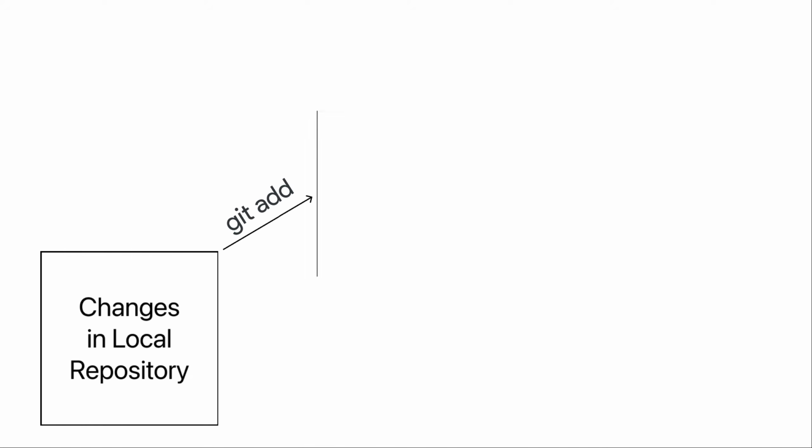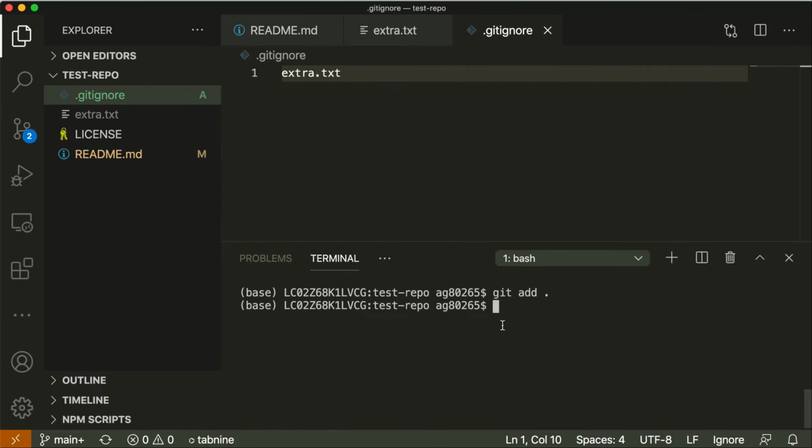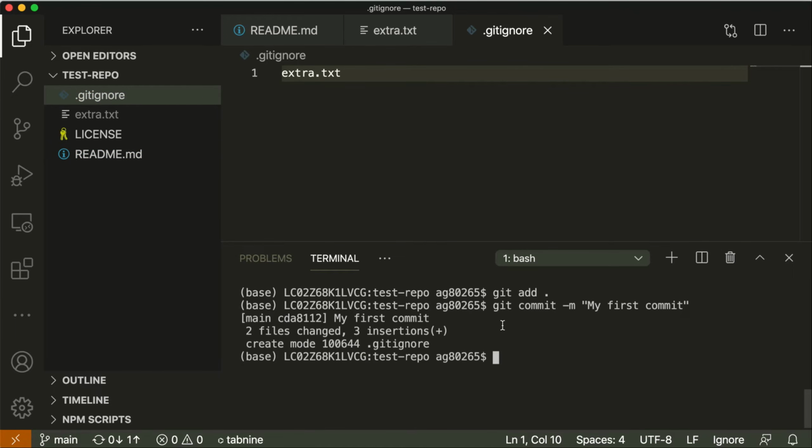Now git commit is the command which takes the snapshot of the data that is going to be pushed. It means it is making the changes ready which are going to be pushed. You can write command git commit and -m, and you can give any commit message here. So I am giving my first commit. Now our changes are ready to be pushed, and we now just need to push it using the command git push. So let's push the data.